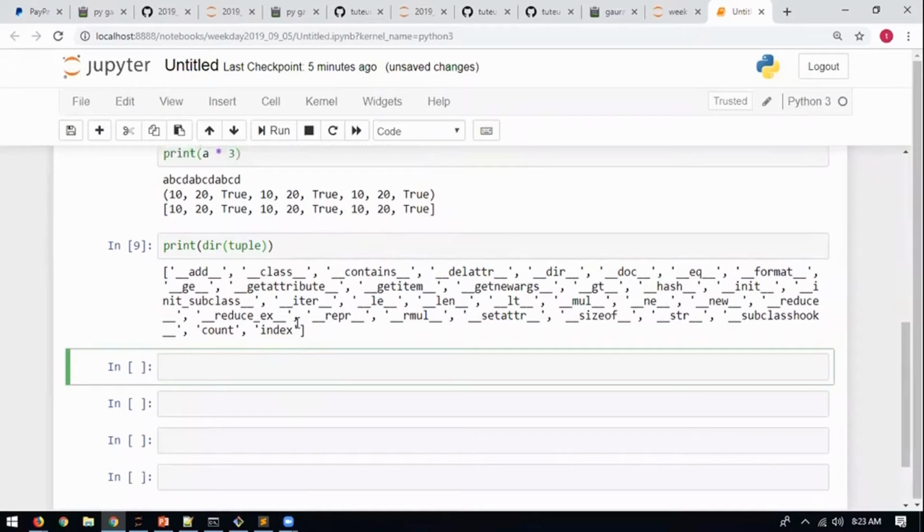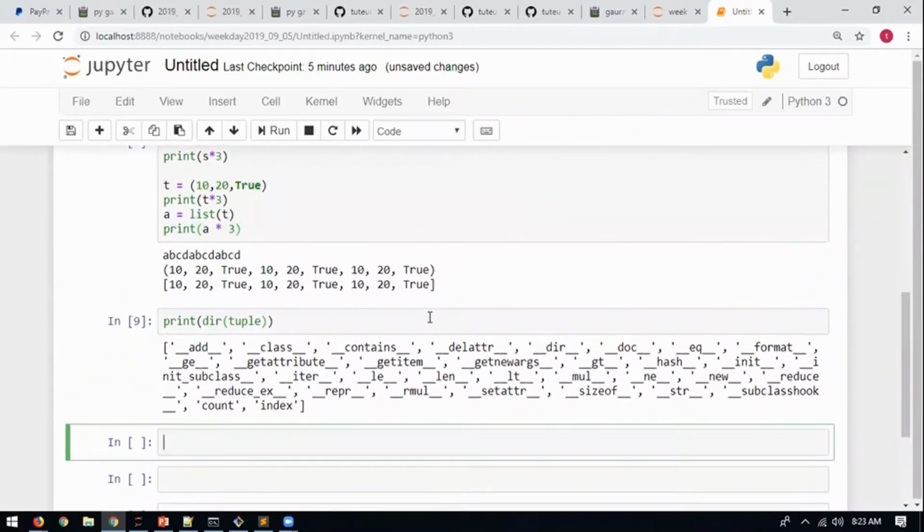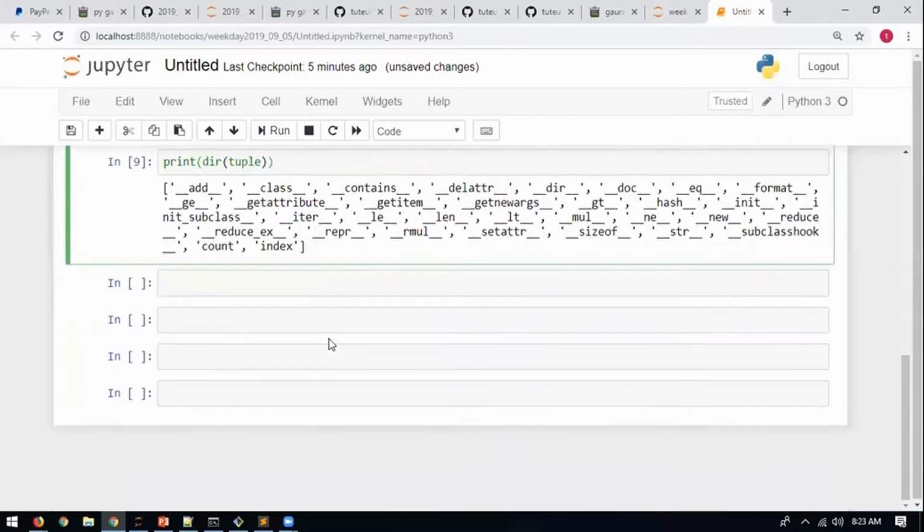Okay. And what else can we do with a tuple? What is the use of a tuple? That's more important. Tuple is immutable, so wherever we need something which should not change over time, we will put a tuple. Now, where? There will be a data type called dictionary. In there we will be using this. Fine. Good.